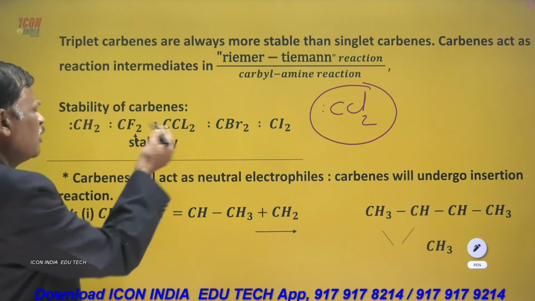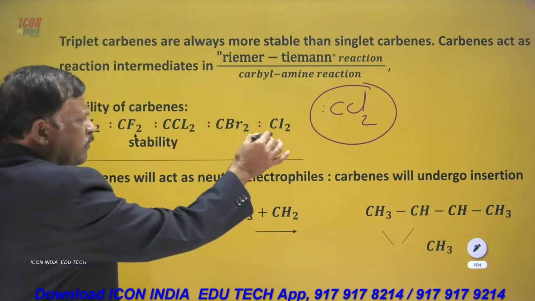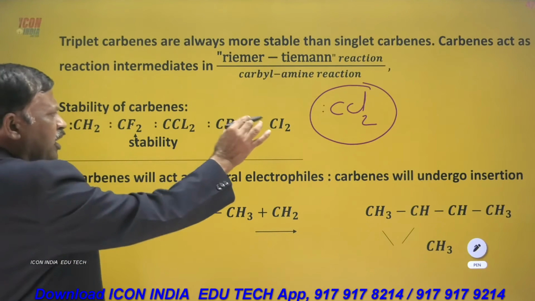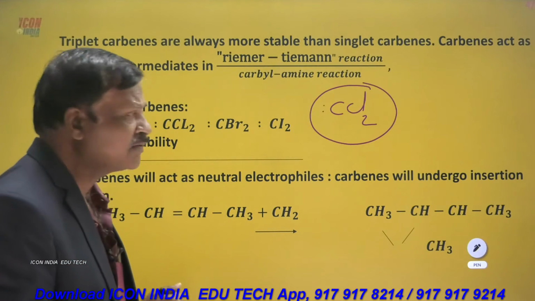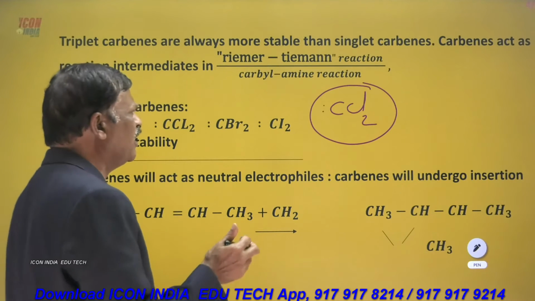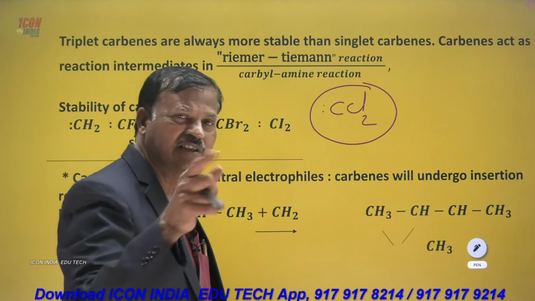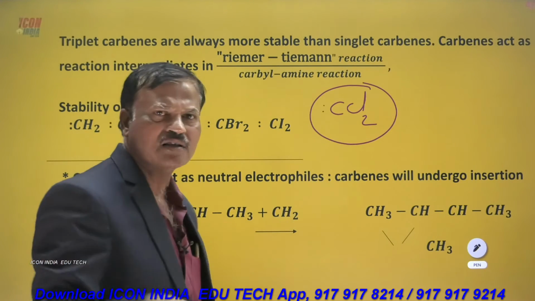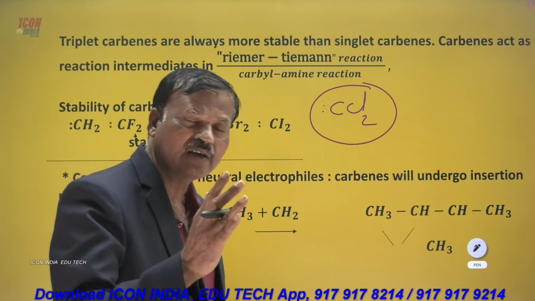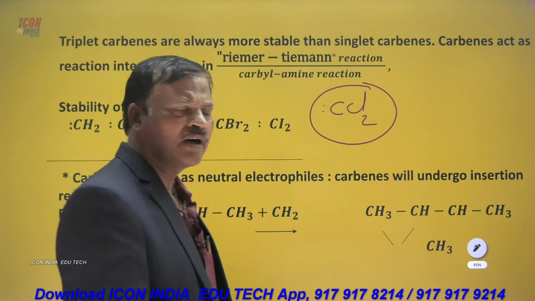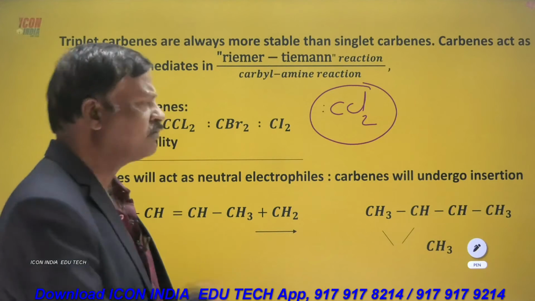Now, if you want to see the stability of carbenes, stability decreases with a decrease in the electronegativity of the two bonded atoms. Now carbenes will act as electrophiles. How do they act as electrophiles? As you are aware, in any carbene, carbon is forming two bonds and having two electrons. Thus carbon is surrounded by a total of 6 electrons. So 2 bond pairs and 2 electrons. Total 6 electrons, less than an octet. That's why a carbene is electron deficient. Any electron deficient species will act as an electrophile. That's the reason carbenes will act as electrophiles.